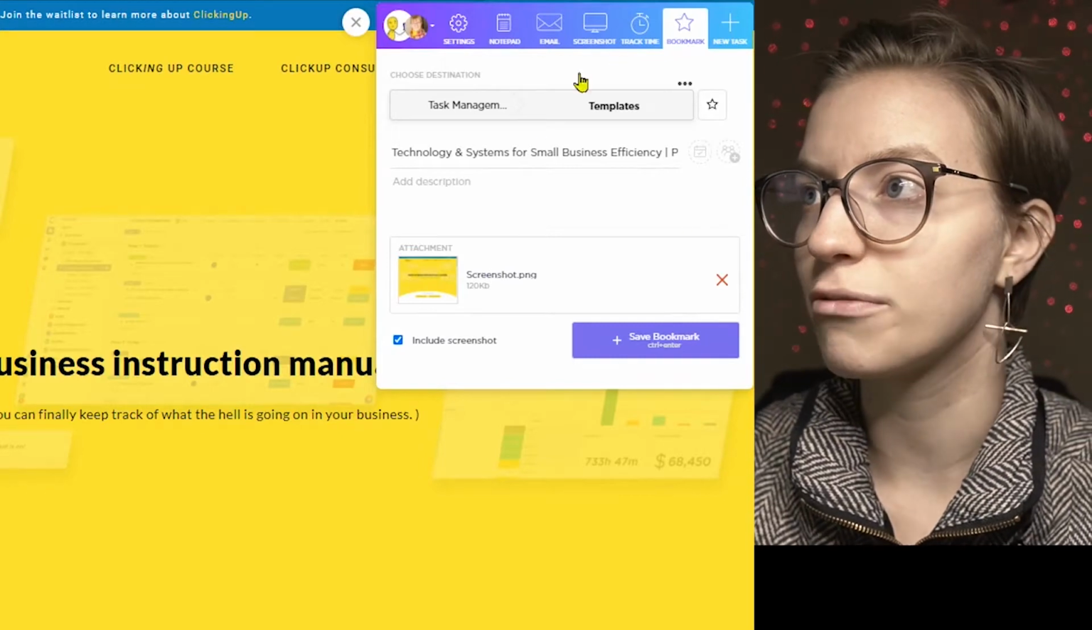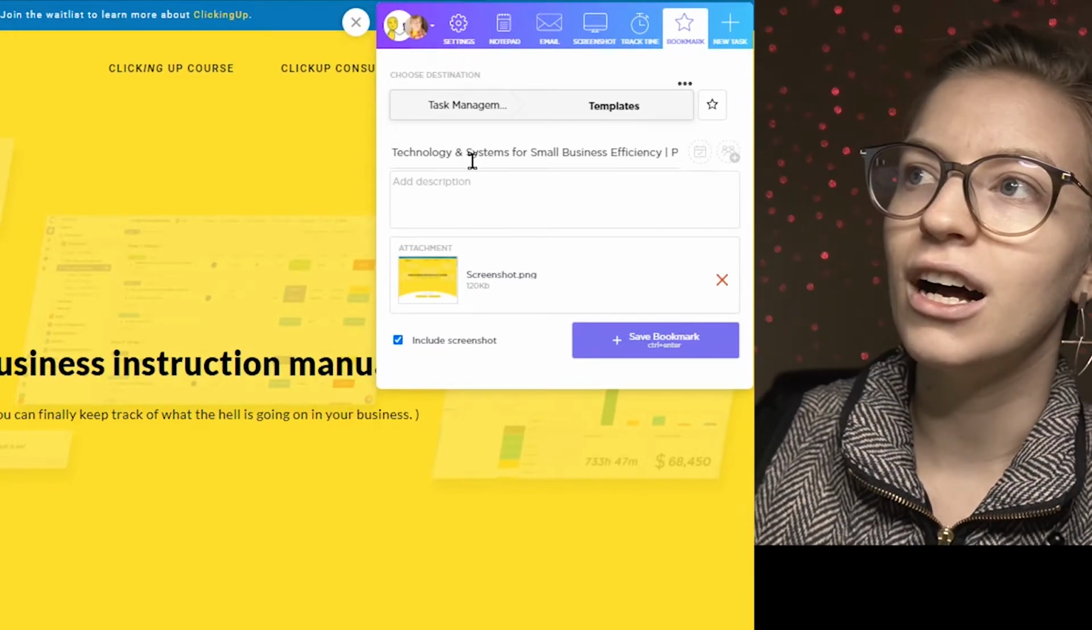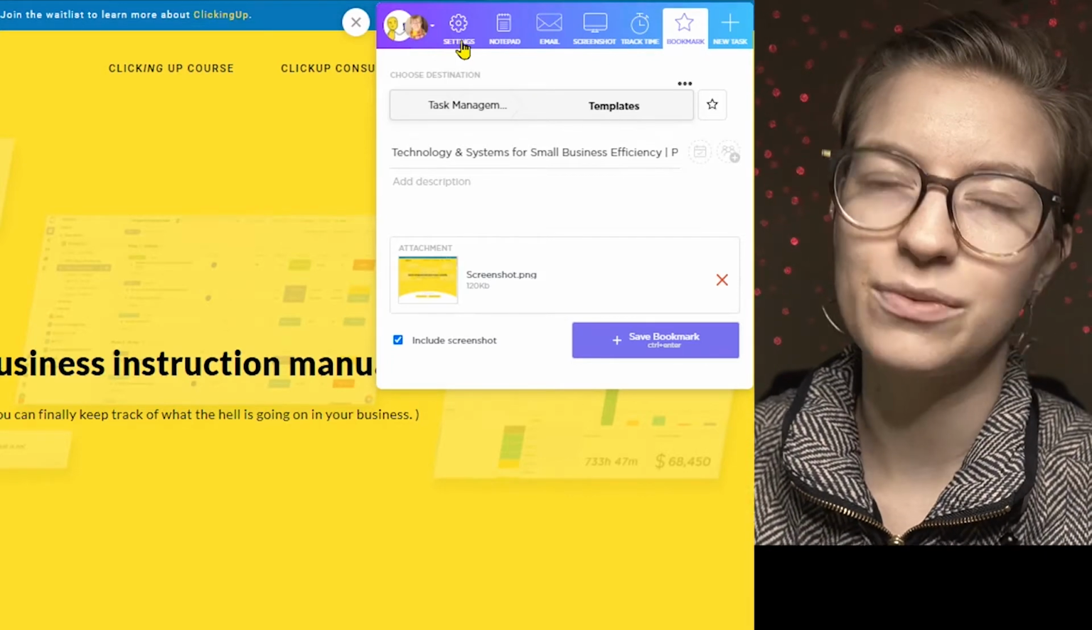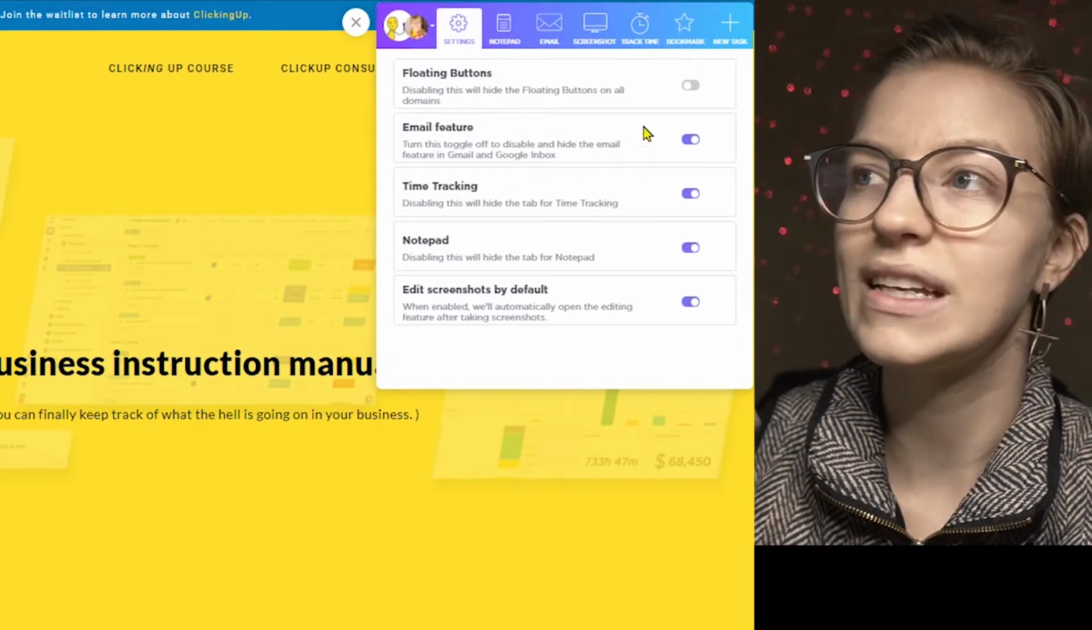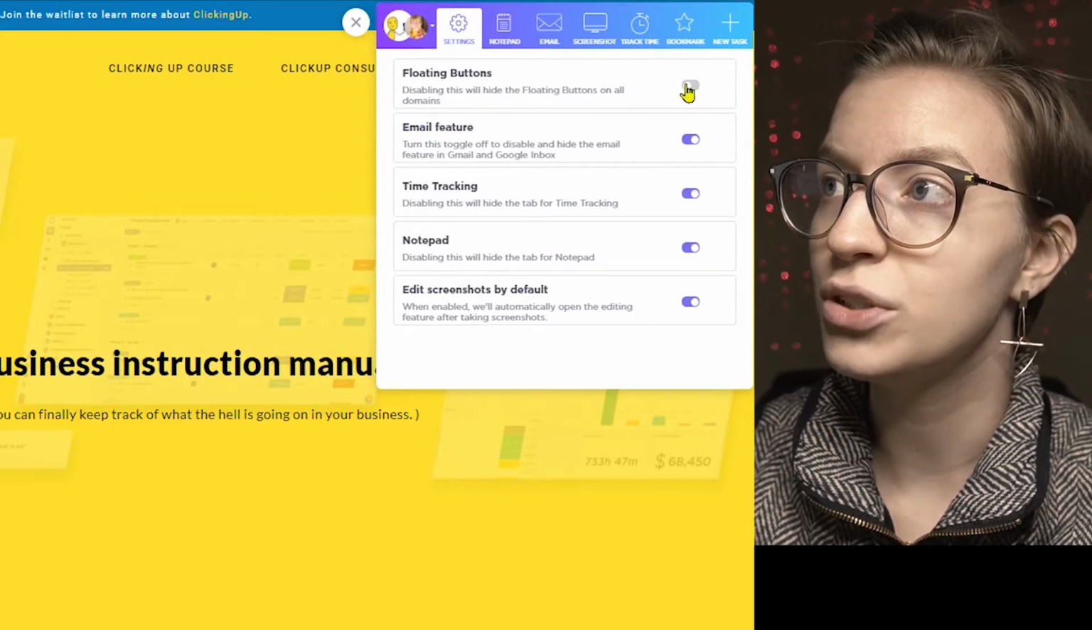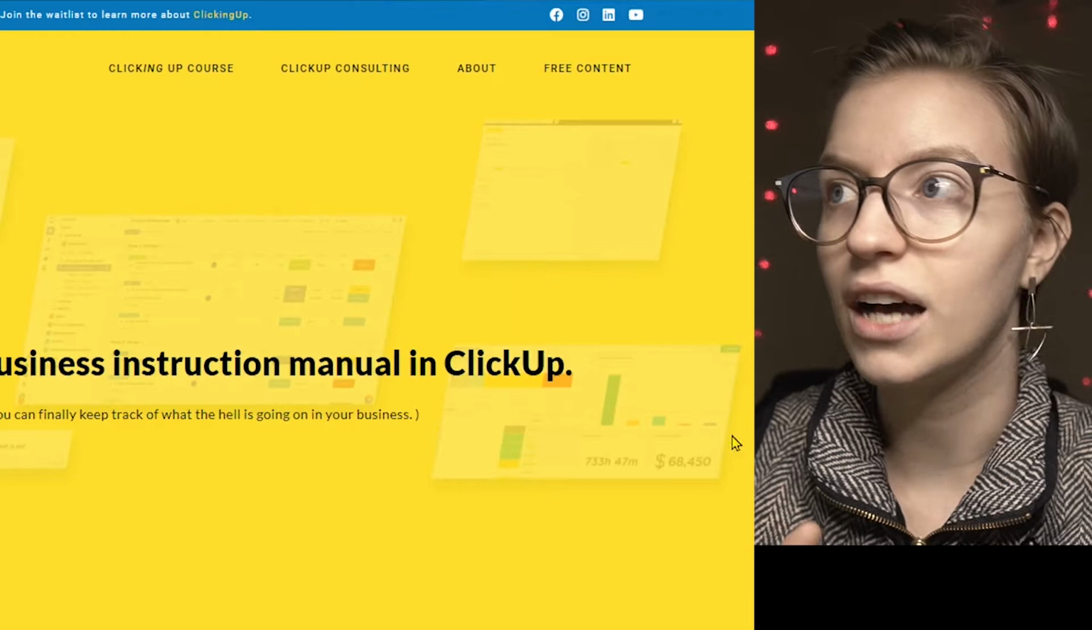Here we can see it in the corner of my screen here, and we have a few buttons just catching our eye right off the get-go. The first one is settings, which is kind of boring, but if we click in there, we'll see some of the different options around ClickUp. Here we can choose to have a floating button, which basically is a floating little ClickUp icon in every single